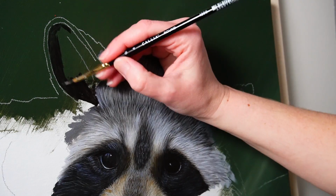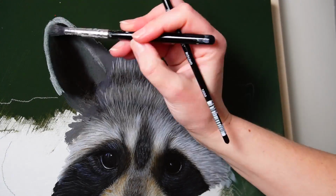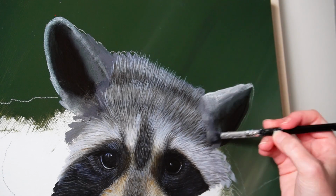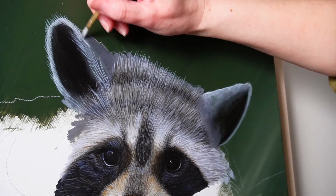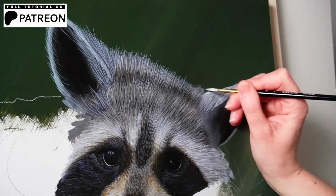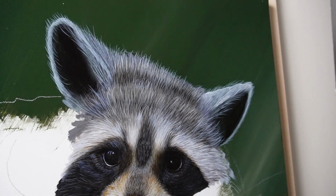The ears followed a similar process to the fur, starting by blocking in the lights and darks and softening the transitions with my mop brush. Then I went straight in with some pure titanium white to define the fur direction, making sure to use long brush strokes to emulate the long fur, and then after that I added some brown glazes to push those hairs into the depths, just creating an extra dimension before adding further layers and glazes to build up even more depth